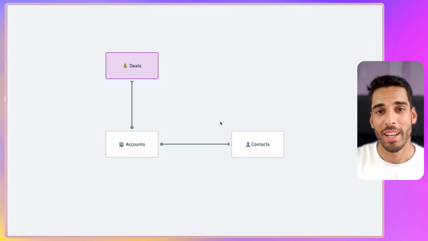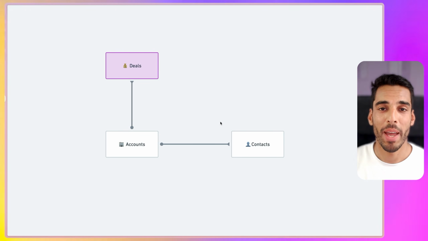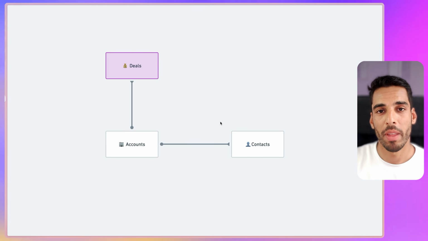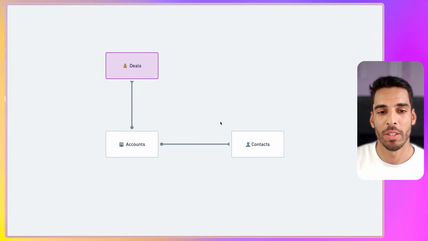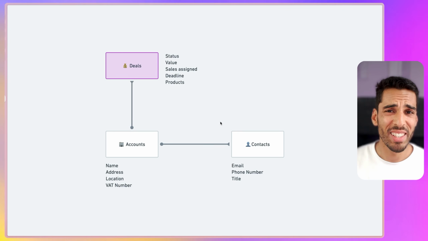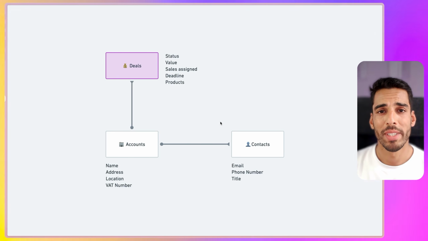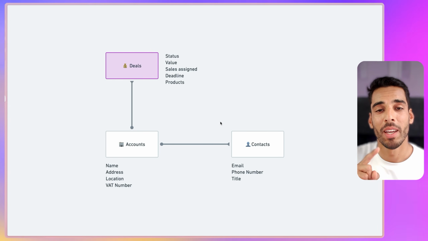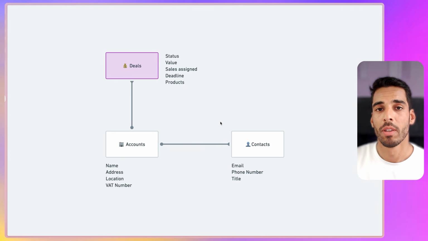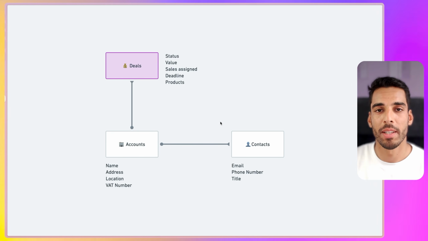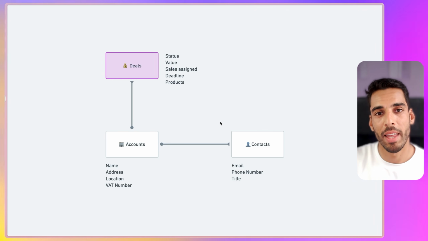Now, the last one is contacts. Contacts are basically prospects or clients that we want to reach out to. It could be people that we have worked with in the past or people that we want to work for. They have a name, they have an email address, that type of information. First off, starting with deals. A deal will usually go through a sales pipeline, through a workflow. It will have statuses. The proposal could be open, under negotiation, won, lost, or closed. We'll do a fairly simple deal pipeline in that example.